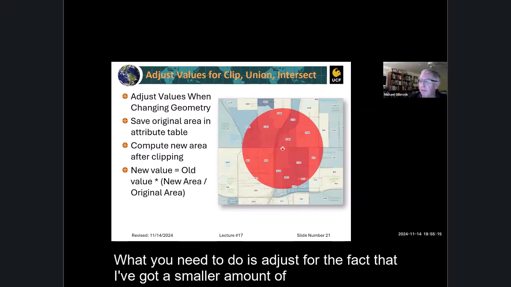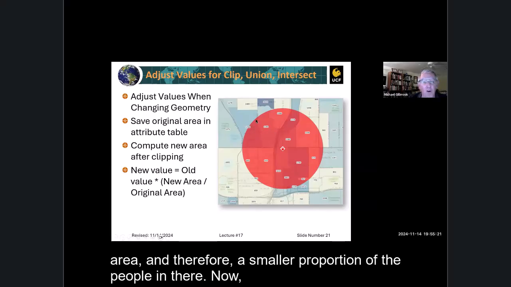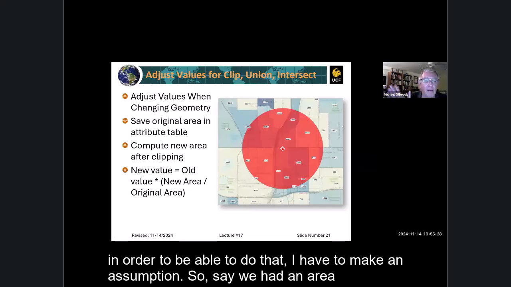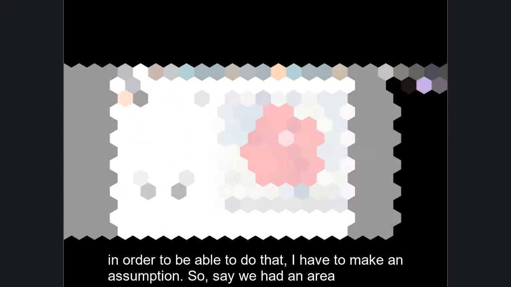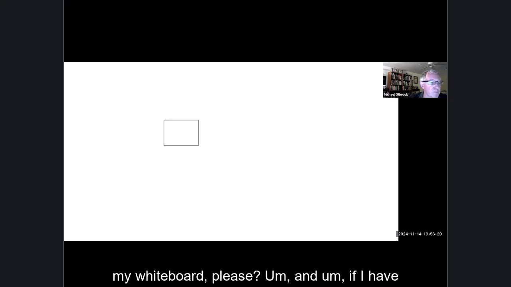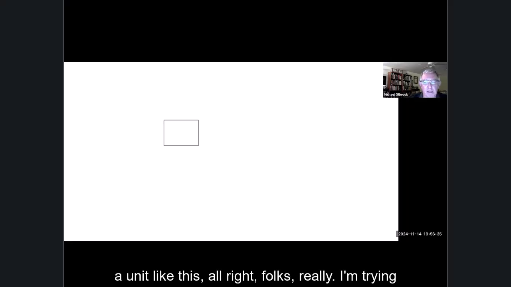What you need to do is adjust for the fact that I've got a smaller amount of area and therefore a smaller proportion of the people in there. Now, in order to be able to do that, I have to make an assumption. So say we had an area like this, and can the rest of you not play on my whiteboard, please? And if I have a unit like this,